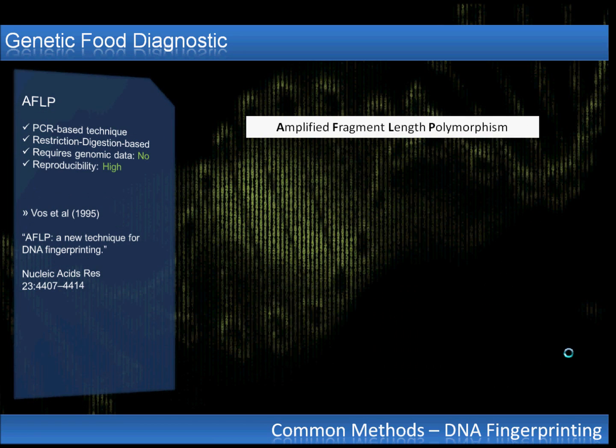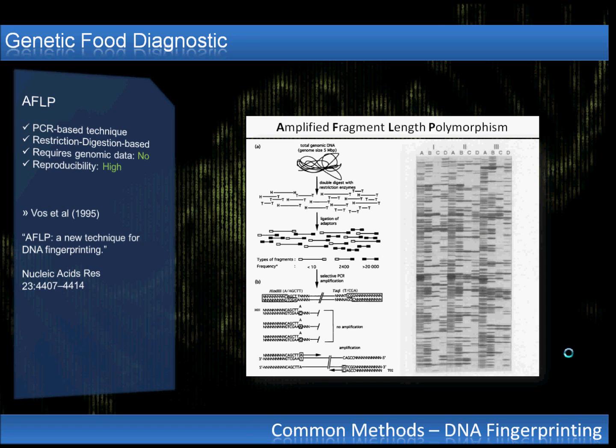A more advanced technique is amplified fragment length polymorphism, which uses restriction digestion together with PCR technology, and it works like this. You digest genomic DNA with restriction enzymes, then you get fragments which have a known sequence at the end because you know where the enzymes cut. To these known ends you ligate an adapter, and this adapter is also a known sequence for you, so you can use the adapter